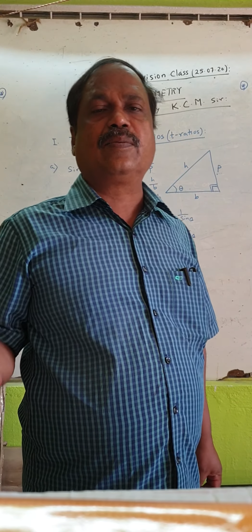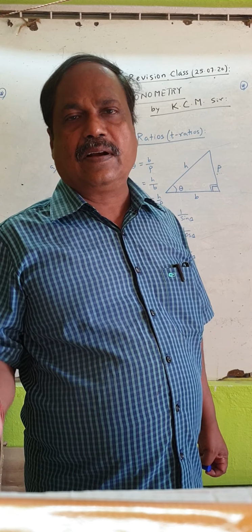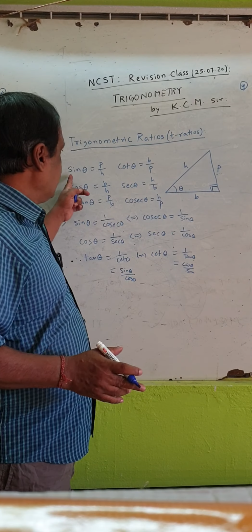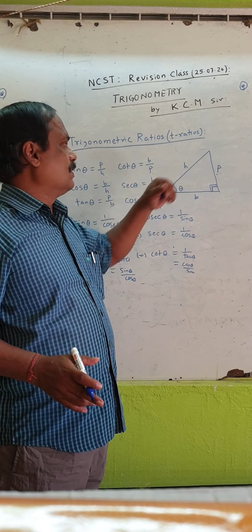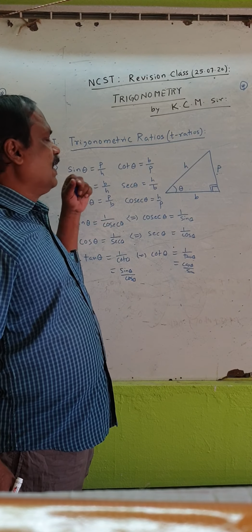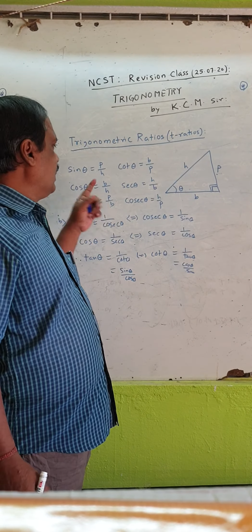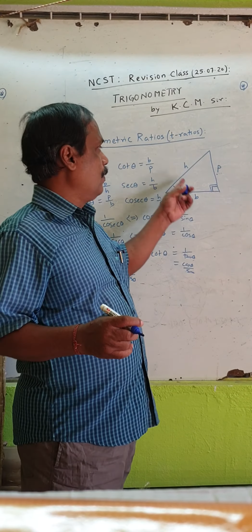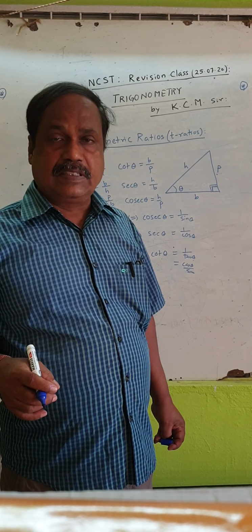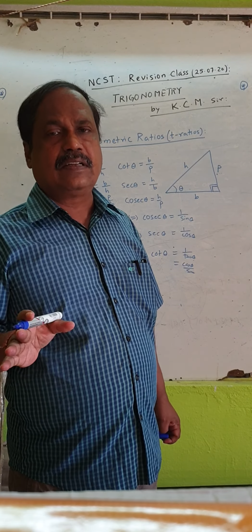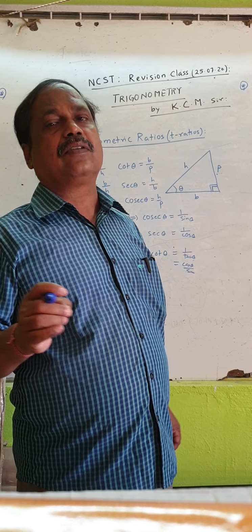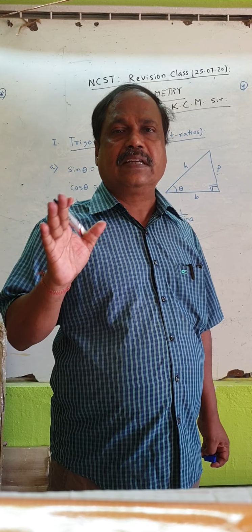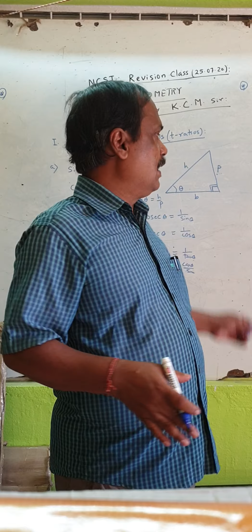So sin, cosec are reciprocal to each other, tan, cot are reciprocal to each other, similarly cos, sec are reciprocal to each other. In sin and cosec, we use P and H. In cos and sec, we use B and H. In tan and cot, we use P and B. So these same ratio or reverse ratio generates same behavior. That means basically there are 3 trigonometric functions, sin, cos, tan. Other 3 are reciprocals. Trigonometric functions and their reciprocal functions behave in the same manner. In later classes, you will see how this is true.